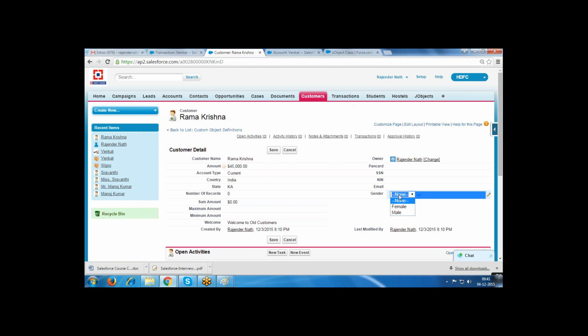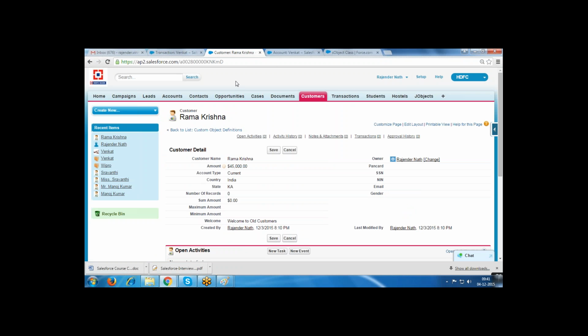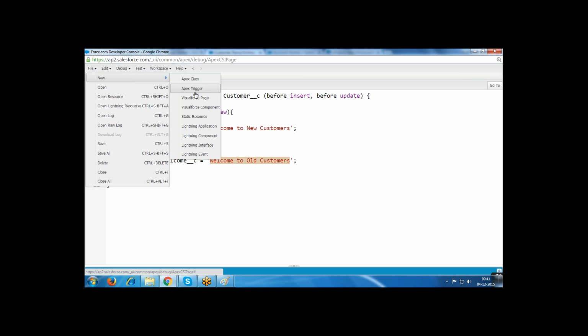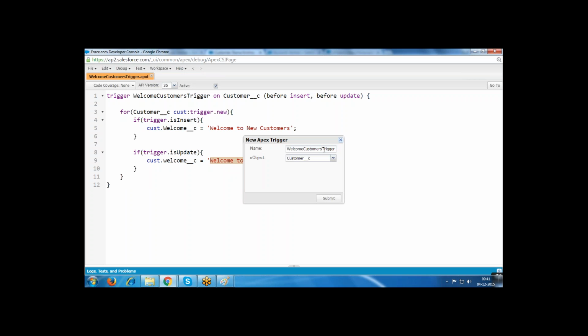If the gender equals none, I only want to store the name normally. So for this I am creating a gender trigger. Now I am creating a new trigger, gender trigger, on the customer object.